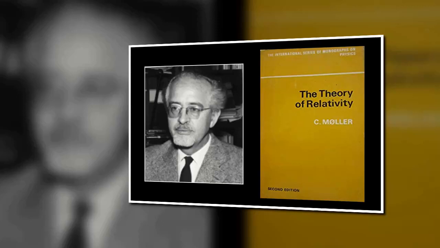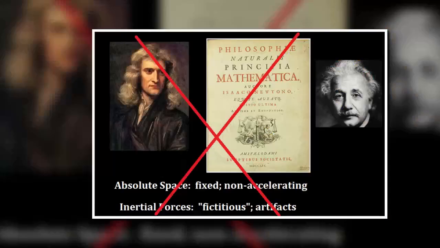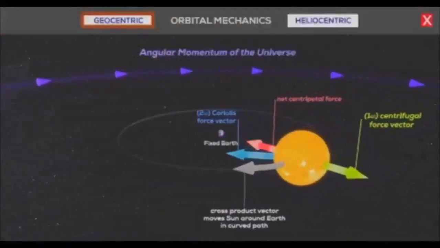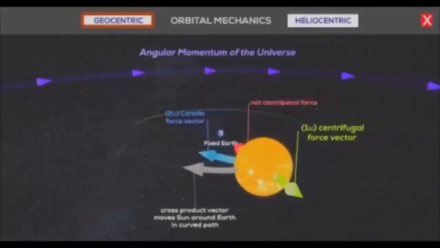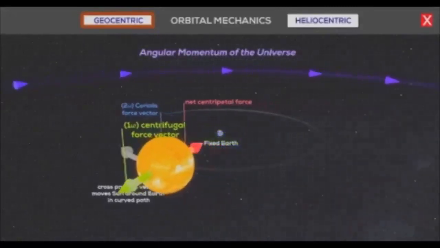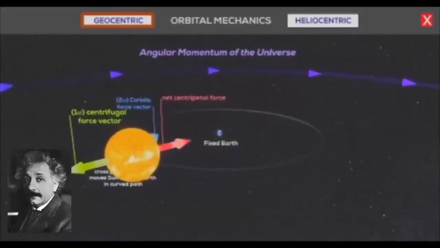In other words, Einstein said that it wasn't right for Newton to assume an absolute space in which his objects could move, and thus it wasn't right to regard the additional centrifugal and Coriolis motions that occurred as fictitious. Obviously, Einstein rejected Newton's absolute space. That being the case, the forces that make the additional movements of objects must be real forces, and thus, in a rotating system, such as the universe rotating around a fixed Earth, the centrifugal and Coriolis forces are real, not fictitious. Einstein then gives the actual reason they are real, since they are caused by mass of the universe that is in rotation.